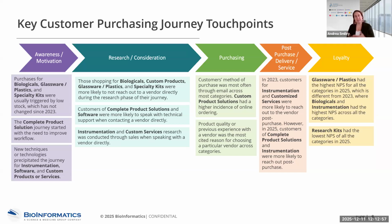When moving into the purchasing phase, we saw that customers' method of purchase was most often through email across most categories. We saw that custom product solutions had a higher incidence of online ordering. The product quality or previous experience with the vendor was actually the most cited reason for choosing a particular vendor